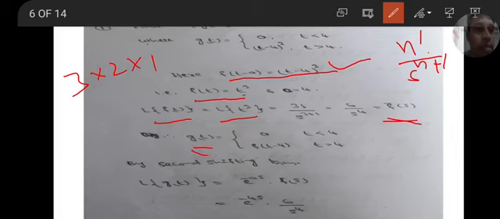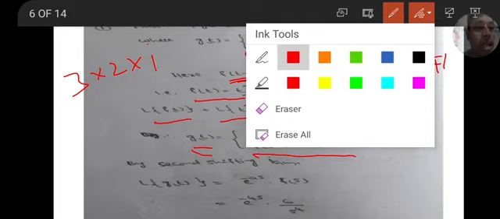And g of t can be written as g of t equal to 0 if t less than a, and this (t minus 4) whole cube is f of t minus 4, t greater than 4. It is the second shifting theorem. Therefore, by the second shifting theorem, L of g of t equal to e to the power of minus as into f bar s. a means here 4, so e to the power of minus 4s into f bar s, that means 6 by s to the power of 4. That is the answer.